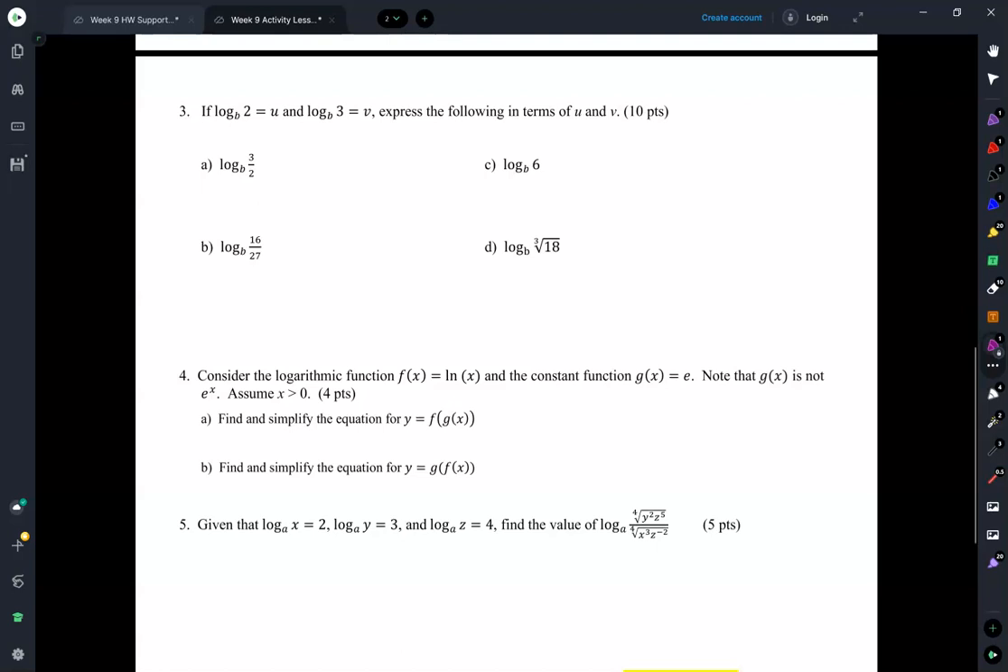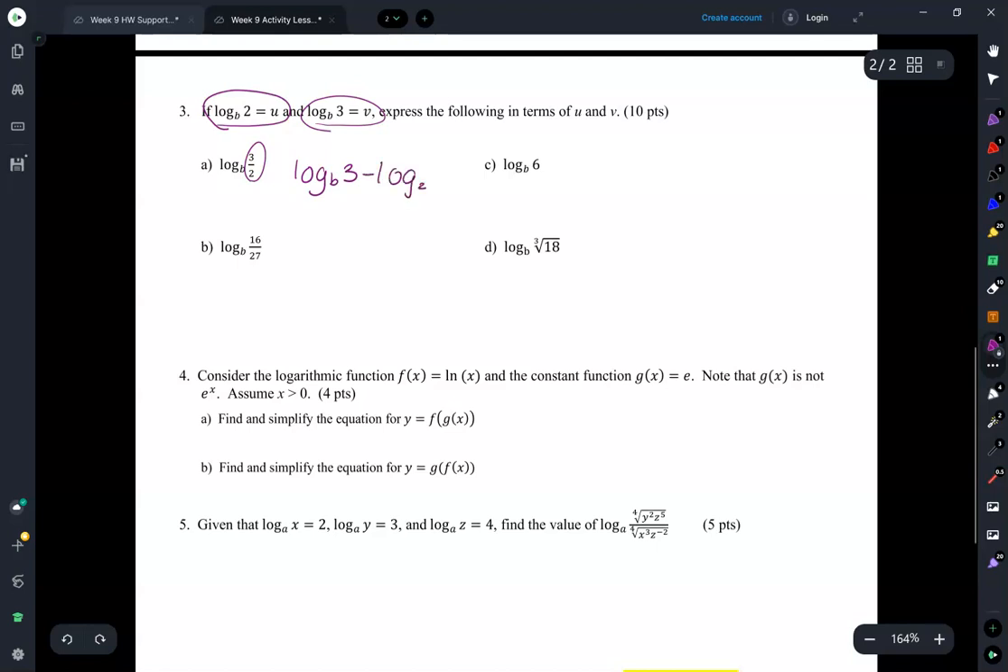So for number 3, you have to use this given information. Log base b of 2 equals u and log base b of 3 equals v. Express the following in terms of u and v. So I'll do one of these just so you can get the gist, but basically I have a quotient, right? So I'm going to split that apart. Log base b, it'll work with any base, of 3 minus log base b